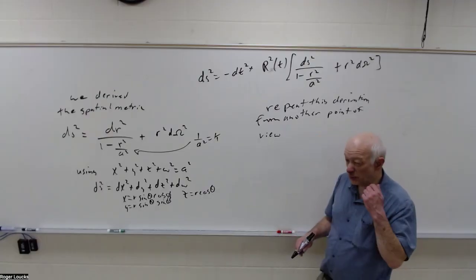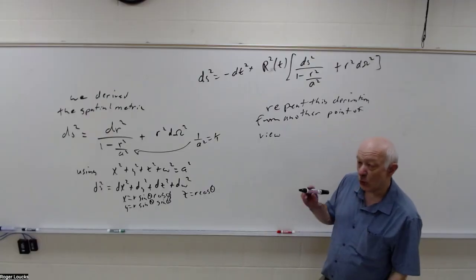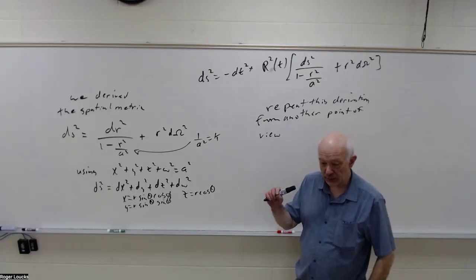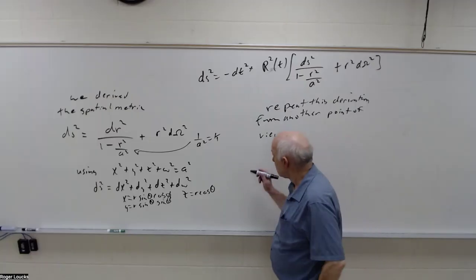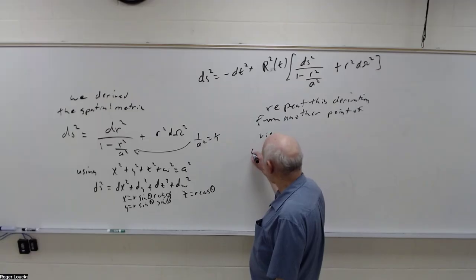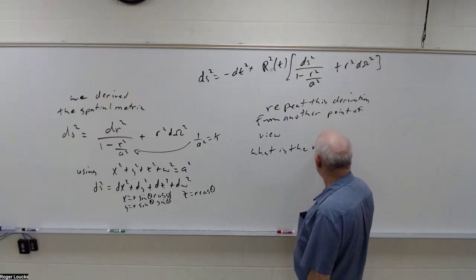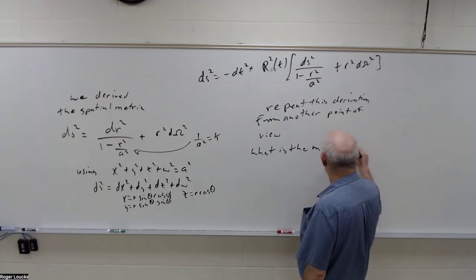The other point of view is that we wanted the metric for a homogeneous, isotropic space, and we wanted to have maximum symmetry. So the other argument was, we asked what is the maximally symmetric